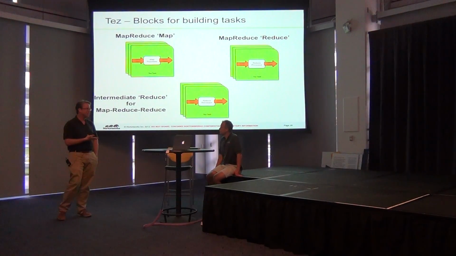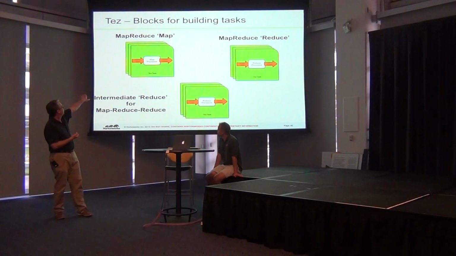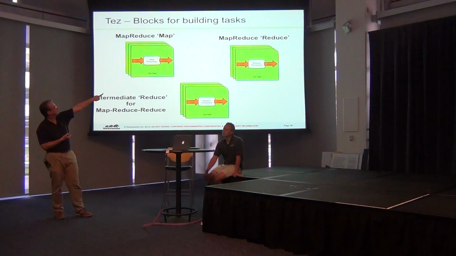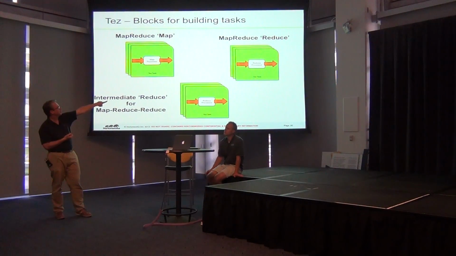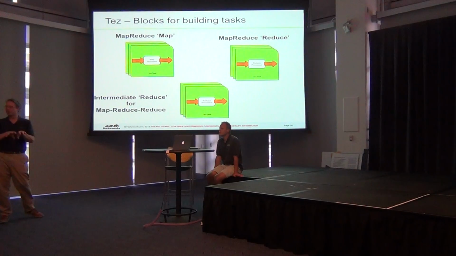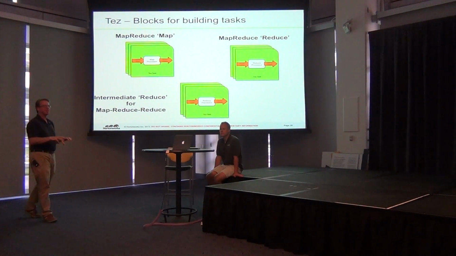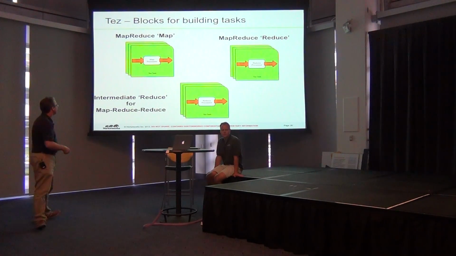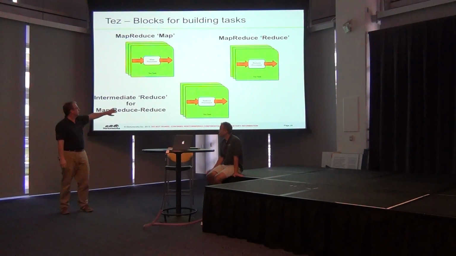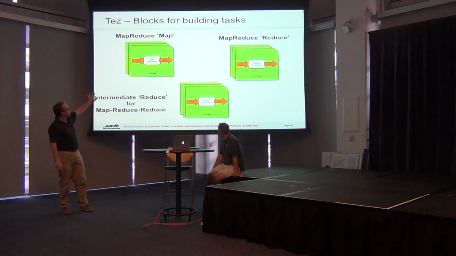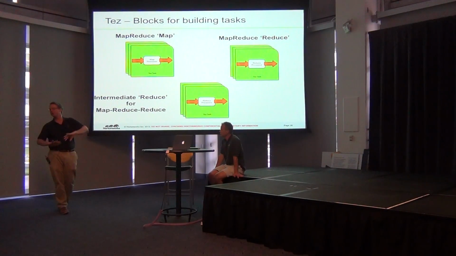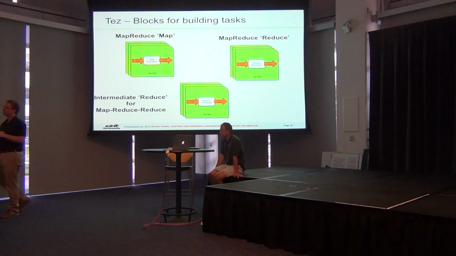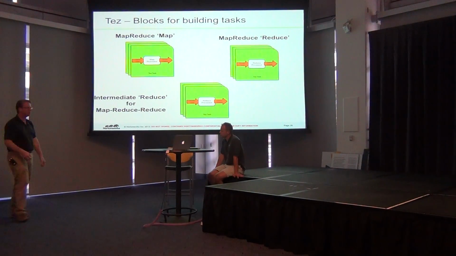Okay, so one of the first pieces is that MapReduce has an input for the map, and then the shuffle output. The MapReduce reduce has a shuffle input and an HDFS output. And so normally you put those two pieces together. Well, one of the natural extensions is to say, okay, what if I want to do a second shuffle, so that I shuffle again on a different key? That pattern is called map-reduce-reduce, and with Tez, you can just say, okay, I want one of the map Lego pieces, I want one of the reduce pieces, and then I want a second reduce piece, so that it shuffles on something else, so that I can take MapReduce and extend it to do new things.